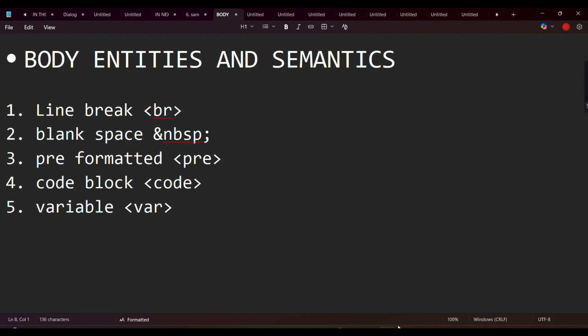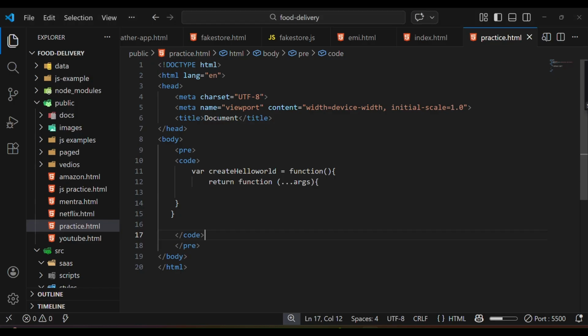What is a variable in this code? Now just have a look. How are we going to use a var in this code? What is the variable? To make you understand, I will make this the variable in this code. So how do we enclose it